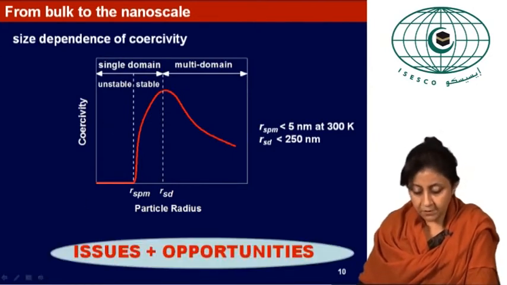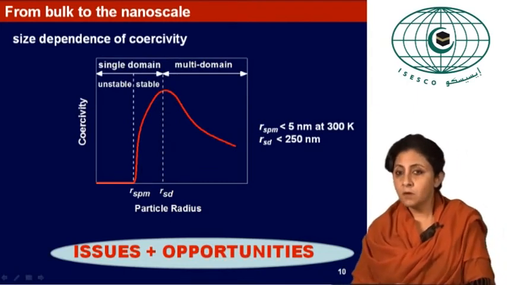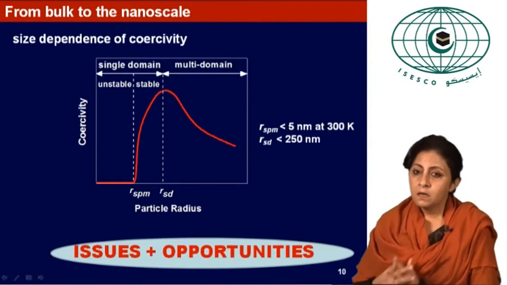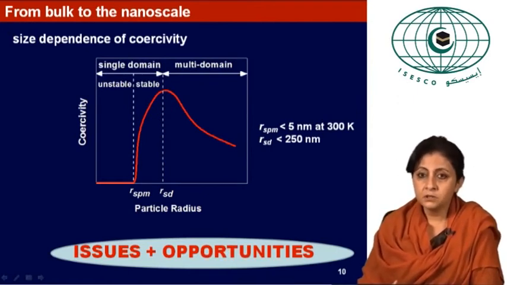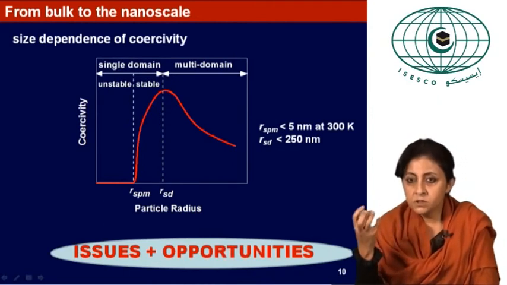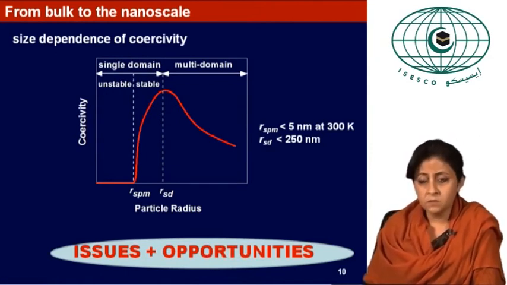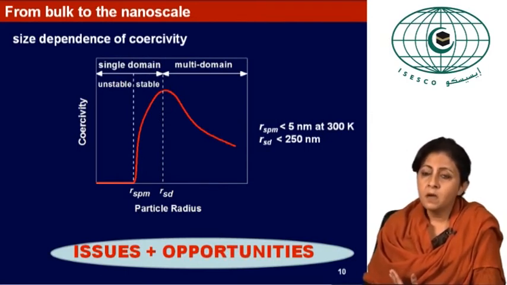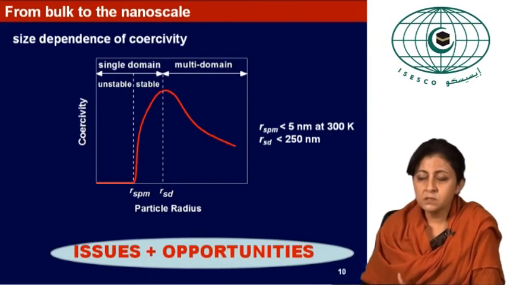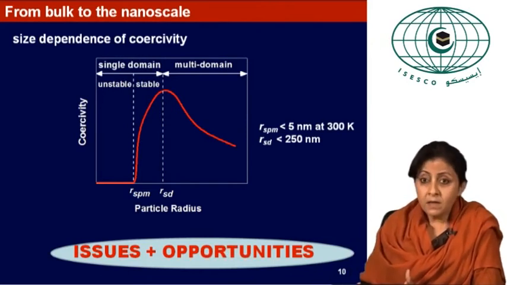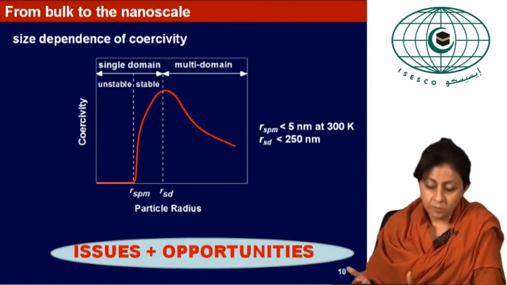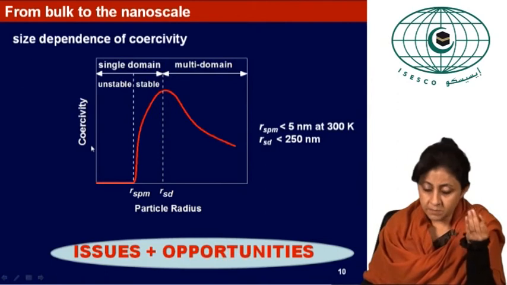And this behavior of the coercivity offers us several issues and opportunities. For example, for recording applications where you want data to be stored magnetically, you would not want something that is superparamagnetic, because you will not be able to write any information on your magnetic hard disk. It would just go lost. That is why, if you remember, in the old days where there were floppy disks, you were instructed not to expose them to high temperatures. That was the reason that the magnetic data would be lost, because the individual bits of data there might become